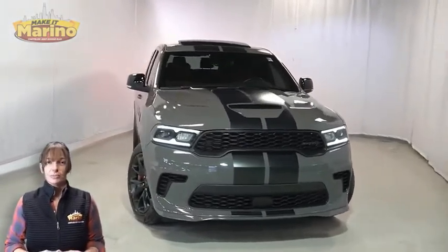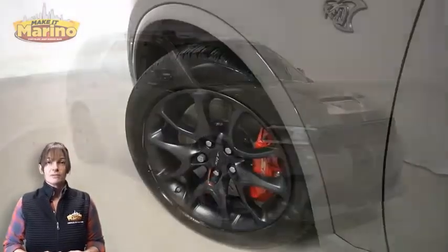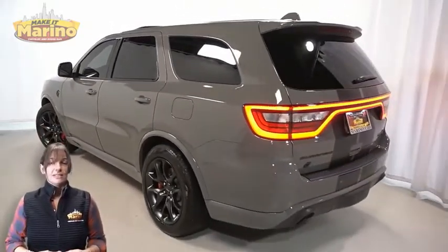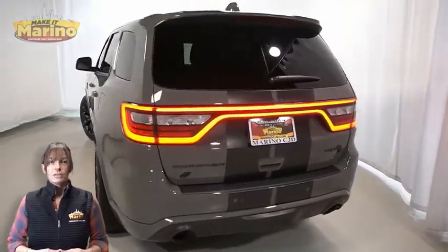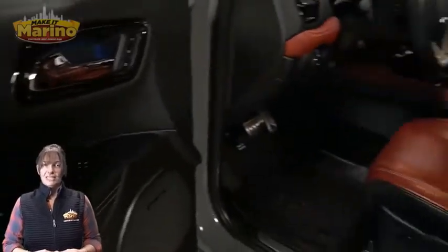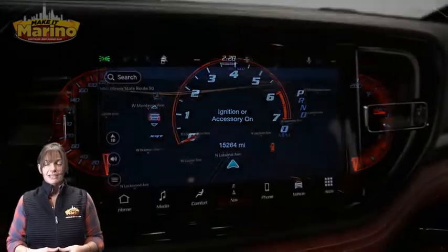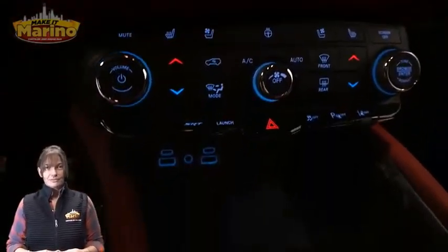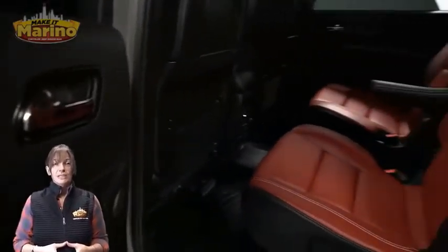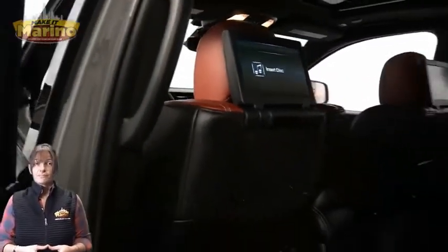With bifunction LED projector headlamps, performance hood, 20-inch aluminum wheels, Brembo front brakes, lane departure warning plus, LED tail lamps, tow package, heated and ventilated front seats, heated steering wheel, only 15,000 miles on the odometer, 10-inch touchscreen, navigation, rear backup camera, dual zone temperature control, SRT performance pages, heated rear seating, power sunroof, rear DVD entertainment center, third row